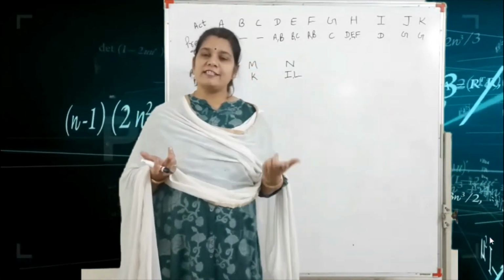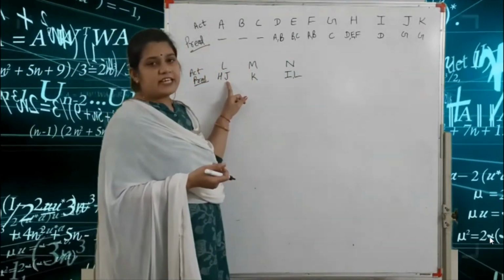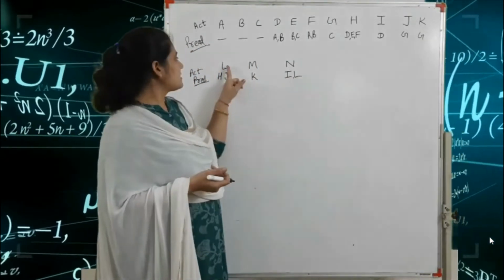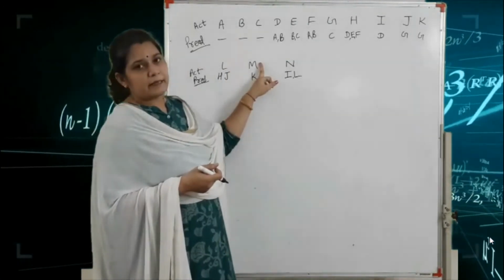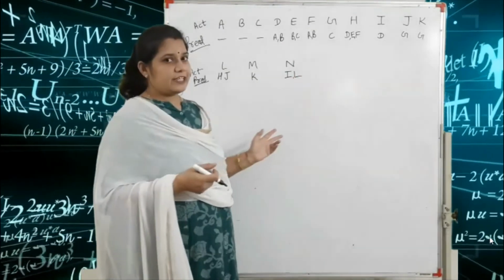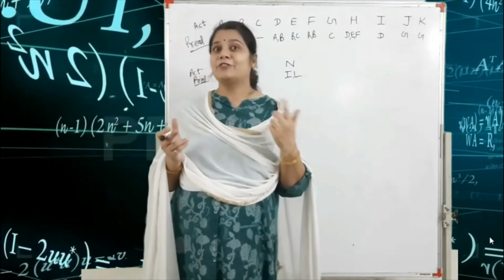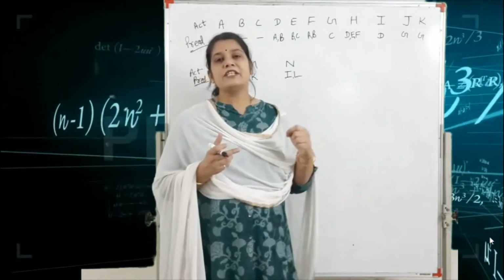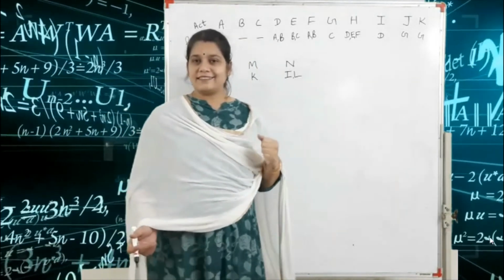We have already seen this in our previous lecture. Here, when H and J activities are completed, then the L activity starts; when K is completed, the M activity starts; when I and L are completed, then the N activity starts. This network diagram is very interesting and somewhat confusing because here we use three dummy activities. So let's start our network diagram.